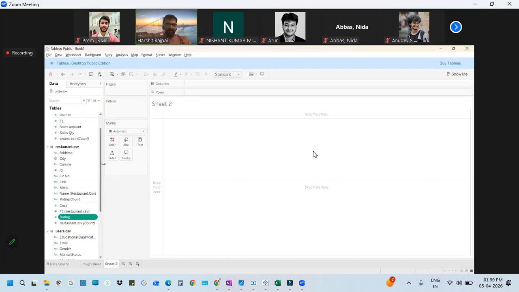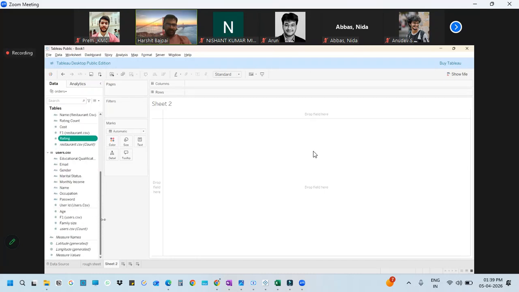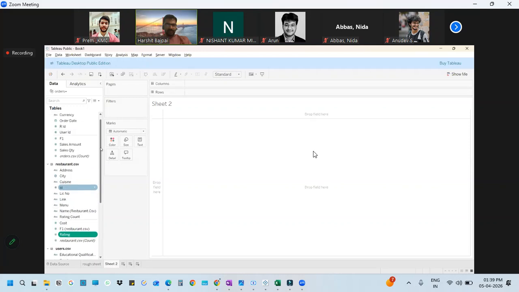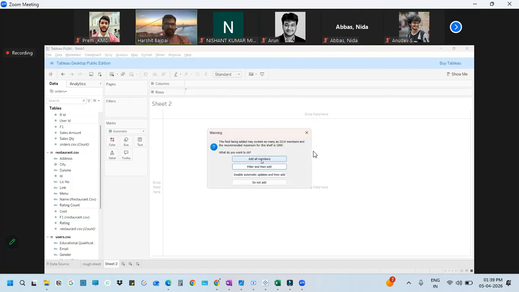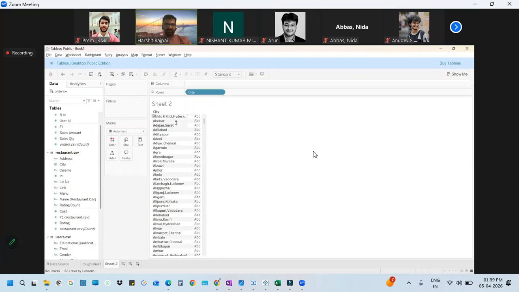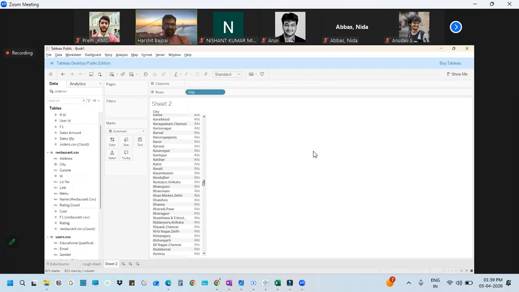Now, let us say that we want to calculate a rating at a city level. But first, we'll maybe use the text functions so that we are able to clean up city. If I put city over here and showcase, do you see, is the format of the values in city consistent? For example, some of these are cities, correct? And some of these